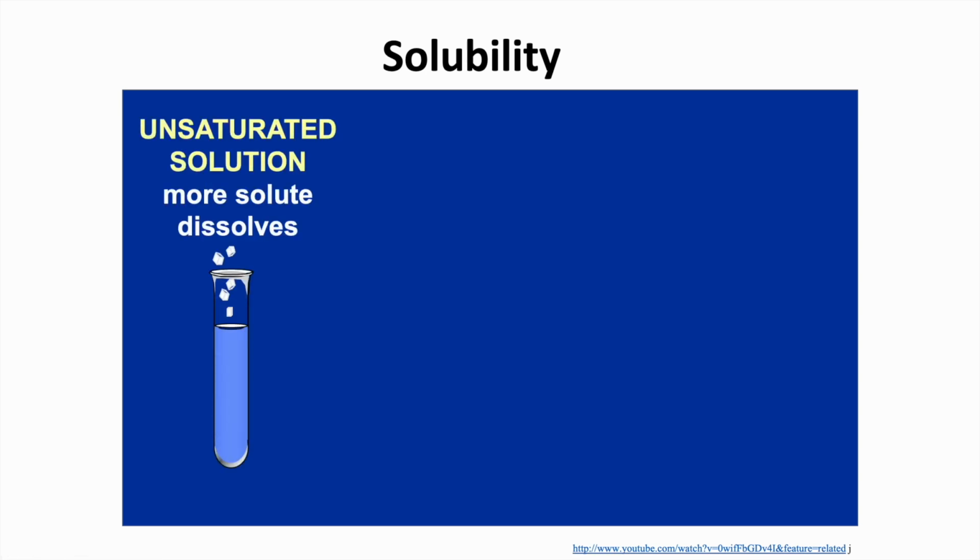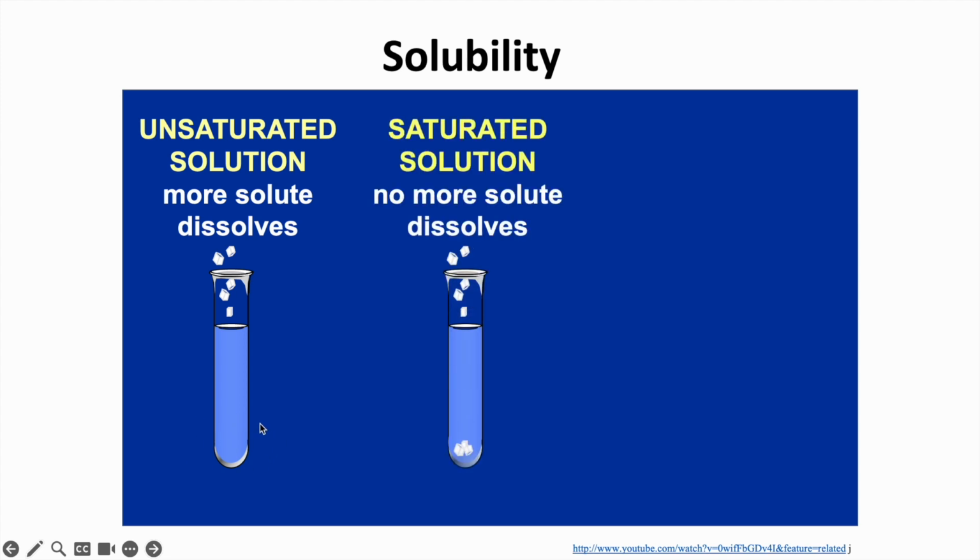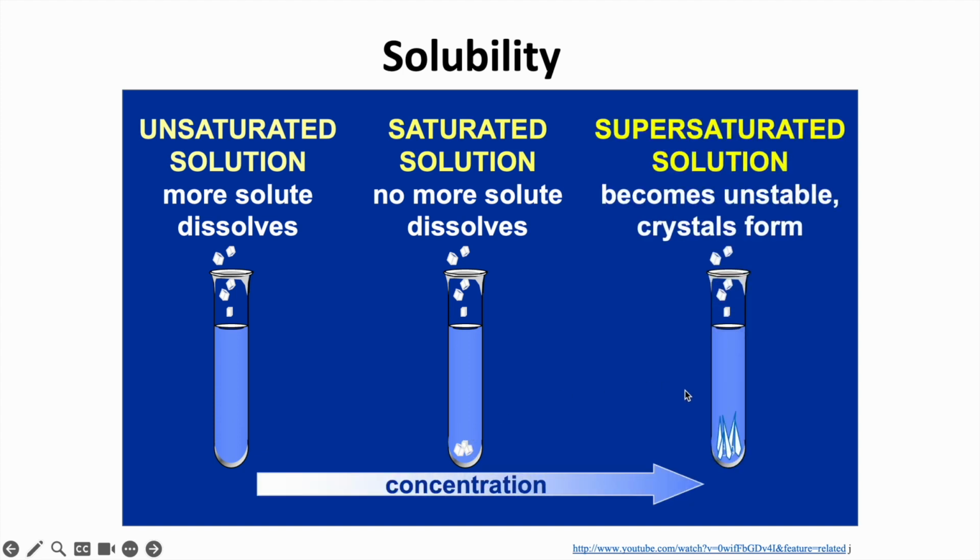Okay, here's an example of an unsaturated solution. There's nothing on the bottom, more solute can dissolve. A saturated solution means that no more solute dissolves. If you drop it in, it'll just fall to the bottom. If a solution is saturated and you drop 5 grams of solute into the solvent, 5 grams of solute are going to settle down at the bottom. And then a supersaturated solution